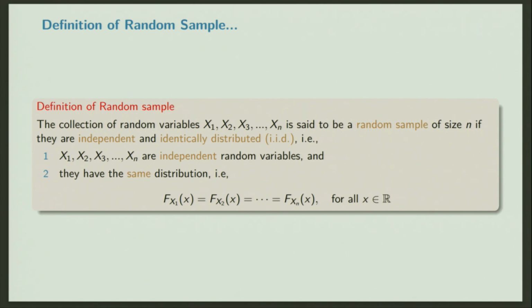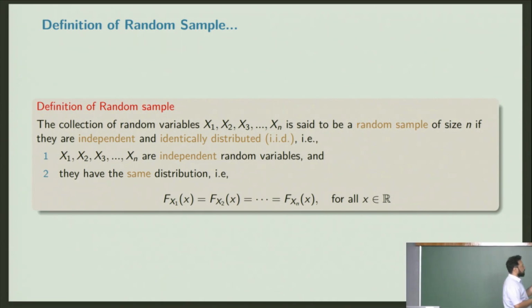A collection of random variables x1 to xn, and this could be the height. So we know that random variable x1 could be some height h1. It could be 150 centimeters, it could be 170 centimeters, something like that. So the random variables take the actual value, and the probability is between 0 and 1. So I may ask the probability of x1 being equal to 170, something like that.